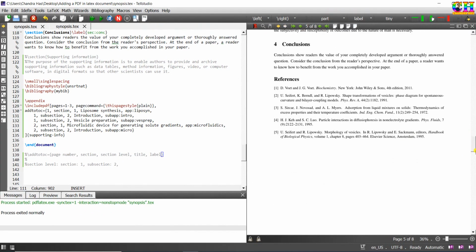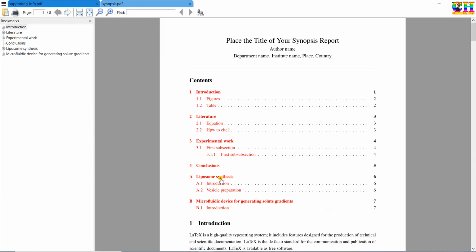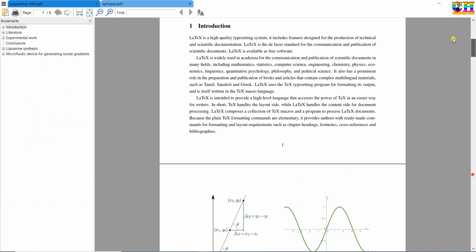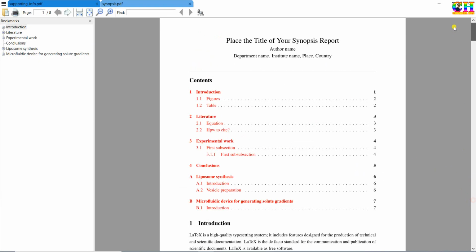Similarly, you can refer to others. Links are working fine, and also we need to check the bookmark.